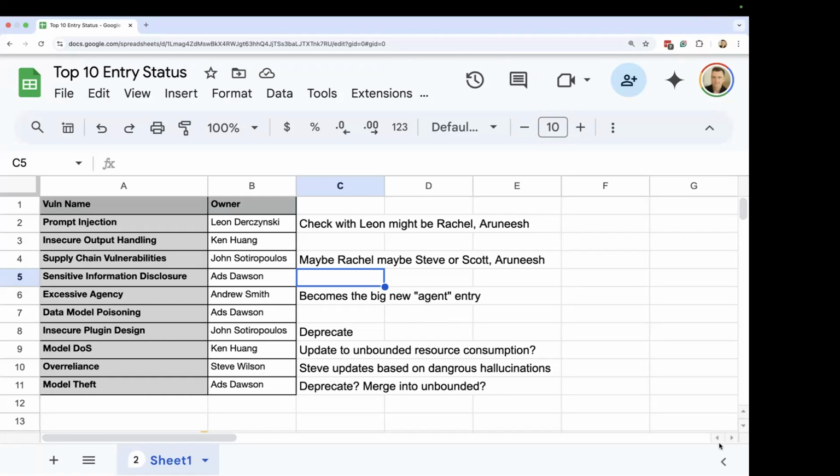We did have quite a discussion over how forward-looking that entry becomes, and this is where I think John was kind of wrestling with the idea of, well, do we have a new entry that is very, very geared towards multi-agent systems and agent-to-agent interaction?